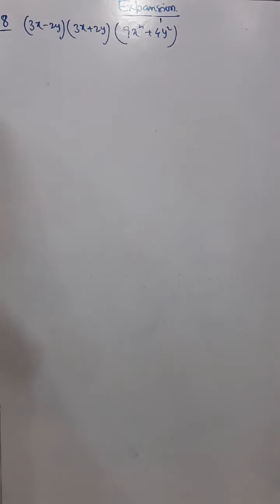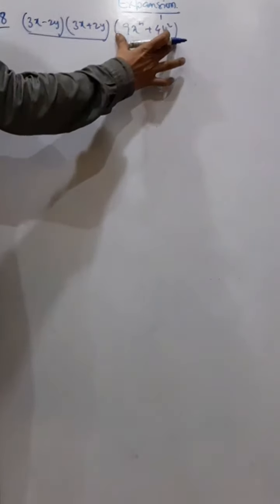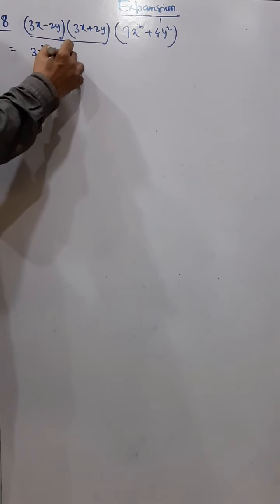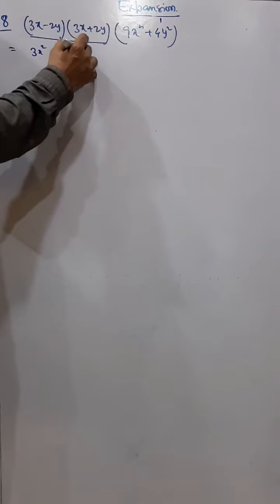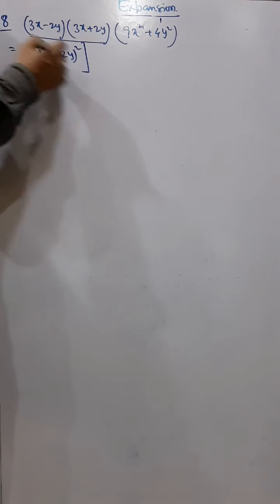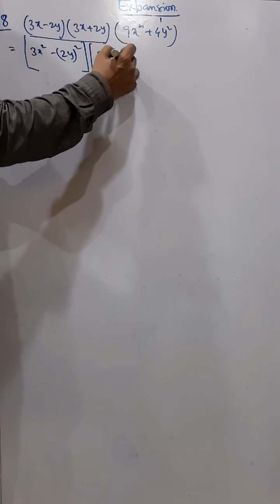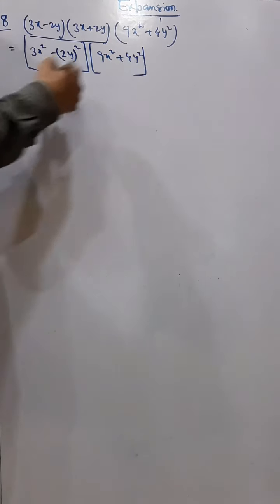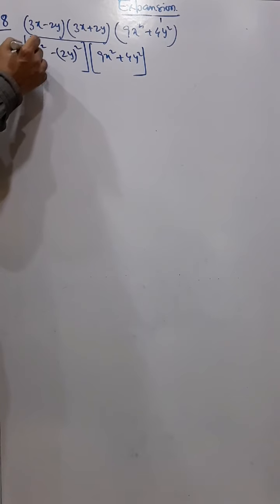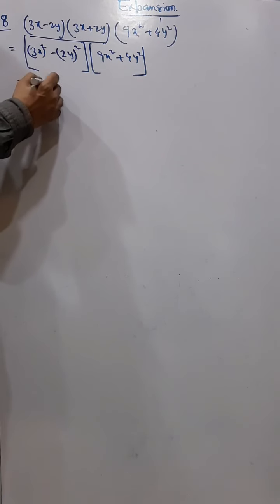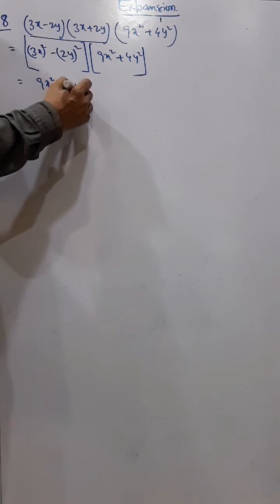Now this is an easy sum. So here first we'll solve this part and keep this one constant. So you can see it is a minus b and a plus b. So what we got here? A square minus b square, and we'll give a square bracket, and then this will be under this bracket. Sorry, I have to give a bracket here. So what we got here? 9x square minus 4y square.